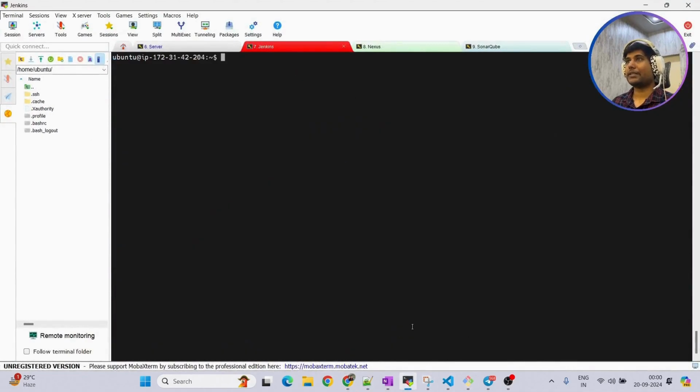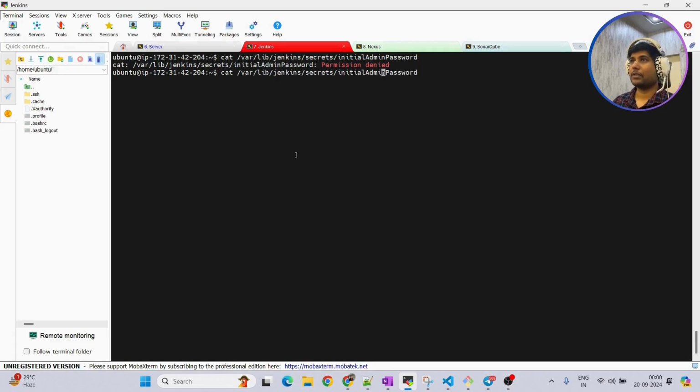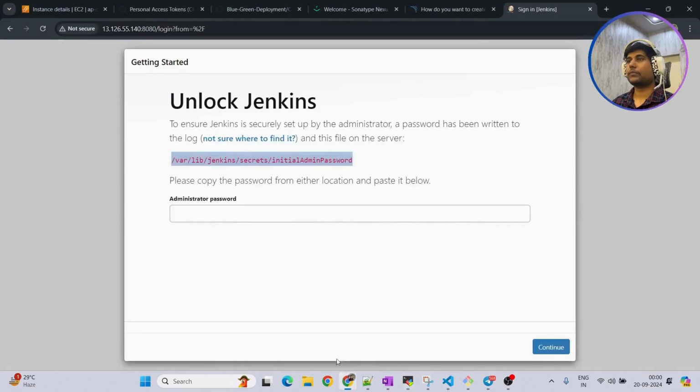I'll copy this and I can use the cat command, but we might get an error. Why are we getting an error? Because this folder requires elevated permissions. So what we are going to do is use sudo before cat, and I'll run this, and we have the password now. So I'll copy this, paste it here, click on continue,